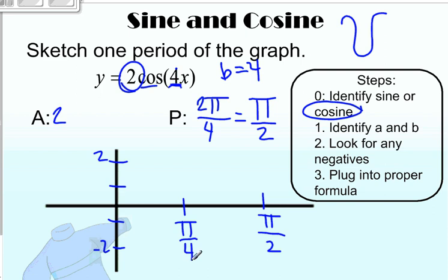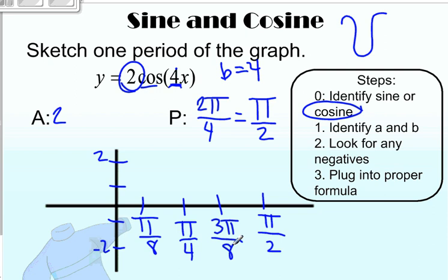Okay. And then halfway between pi over 4 and 0 is pi over 8. And we can use that to count, right? So pi over 8, 2 pi over 8 is pi over 4, and then 3 pi over 8 is in the middle. You could also, again, take pi over 2, add it to pi over 4, and divide it by 2 as well. But now we've got our interval, and we're doing cosine, and cosine always starts up at the